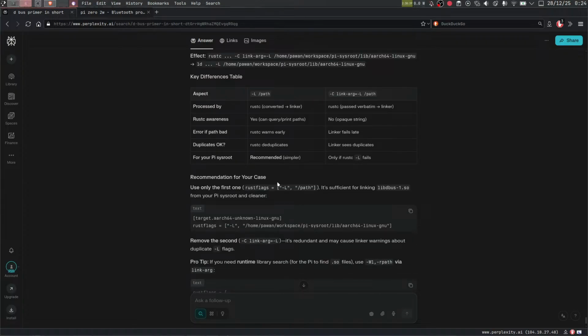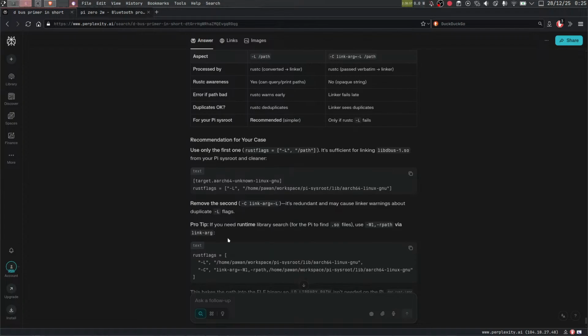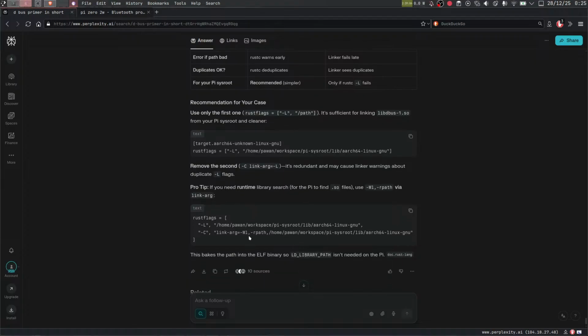Aspect: only the first one is sufficient for linking, so from your Pi sysroot, and cleaner. Remove the second. It's redundant and may cause linker warnings or duplicate flags. Pro tip: if you need runtime library search, use -Wl,-rpath via link-arg. This bakes the path into the ELF binary, so this path